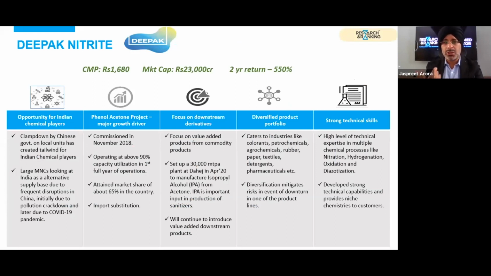You might say Berger and Bajaj are obviously large, well-known, widely held stocks. The Deepak Nitrite we just wanted to highlight is something that, again, happened very, very fast. It has delivered over 500% return, which means it's over 6x versus what we recommended 2 years back. It's still live in many of our portfolios, but the larger point I'm making again here is that there were